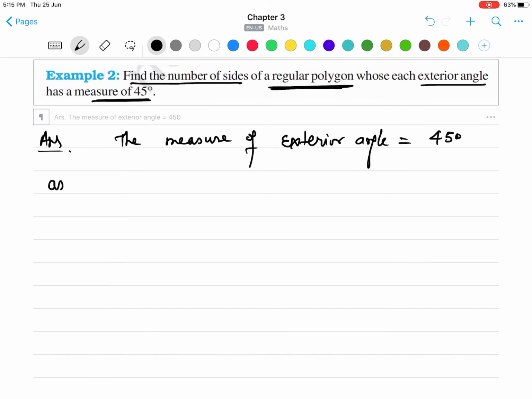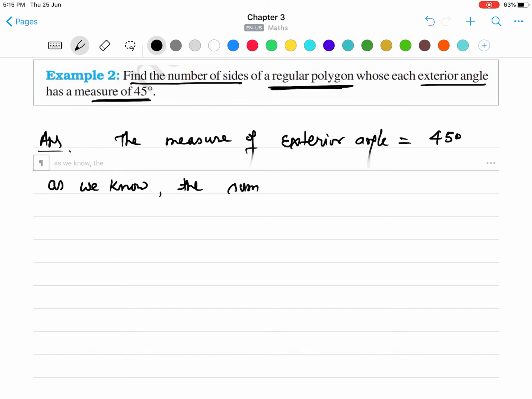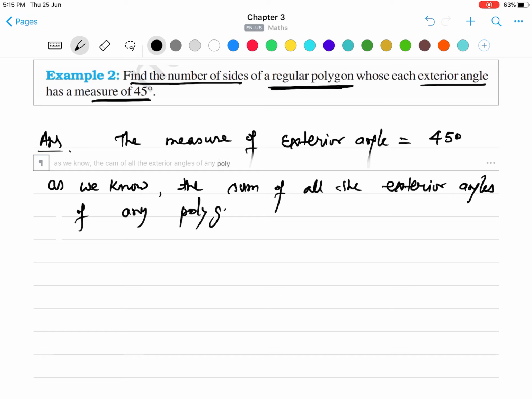And as we know, the sum of all the exterior angles of any polygon is 360 degrees. Therefore, we know this formula. What we are asked to calculate here? We are asked to calculate the number of sides. Therefore, the number of sides